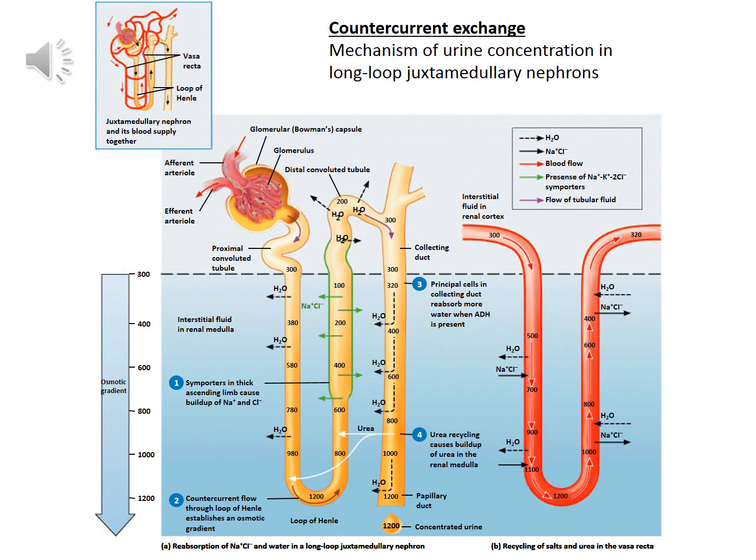So again, we have this countercurrent exchange. When we get to the bottom, we're at 1200 milliosmolar, just like we are with the filtrate, but by the time we get up top, we're back to 300 again. So we have a relatively normal blood flow coming through. If we go up the ascending loop of Henle, again, that blood is going to be flowing down, right? So we're from a 300